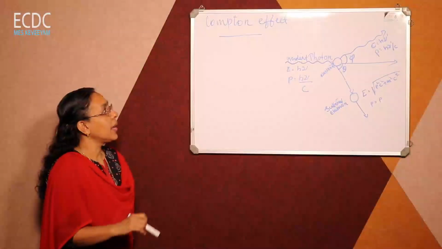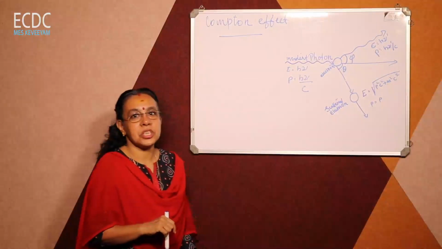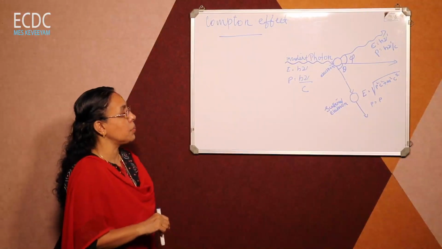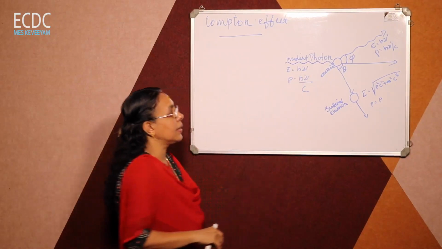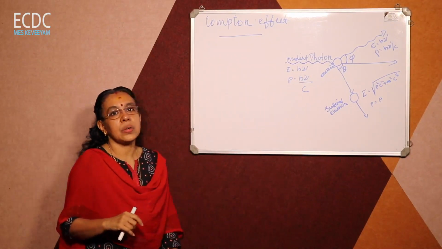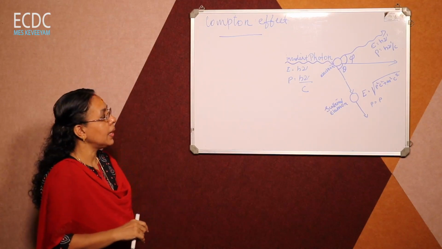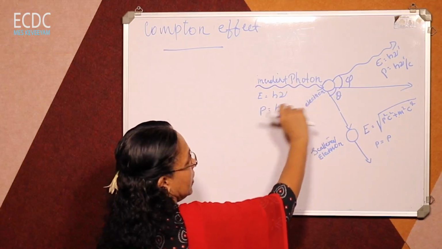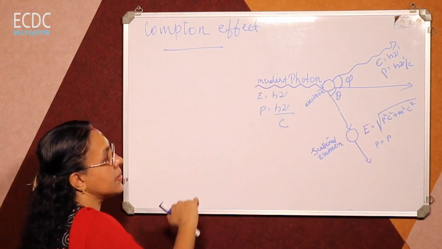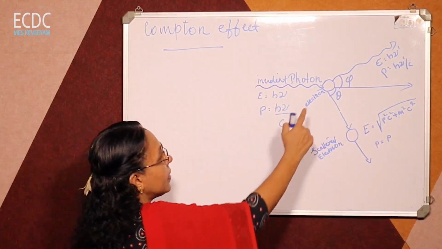Okay, today we can discuss what is the Compton effect. So, the Compton effect means it is an interaction between a photon and an electron, or a photon is scattered by an electron. Here, this is the direction of the incident photon, that is along the x-axis, and this electron